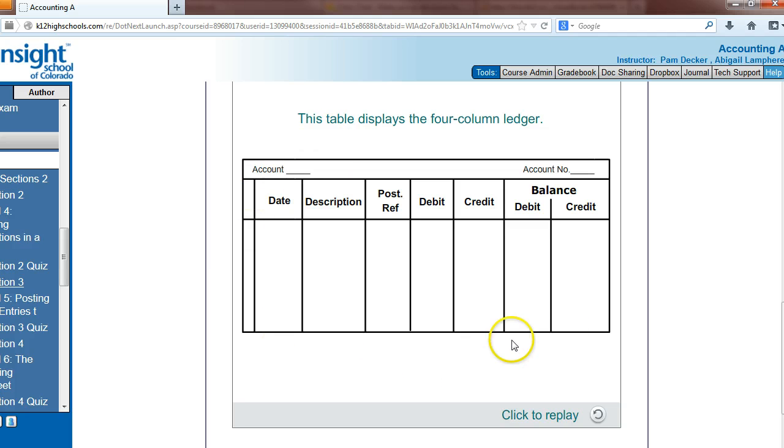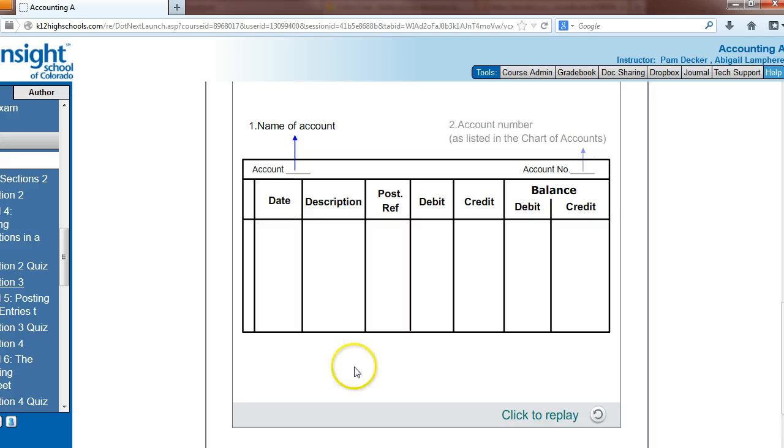So this is just showing you what a ledger setup looks like. The account name goes in this column, the account number over here, the date the transaction occurred,